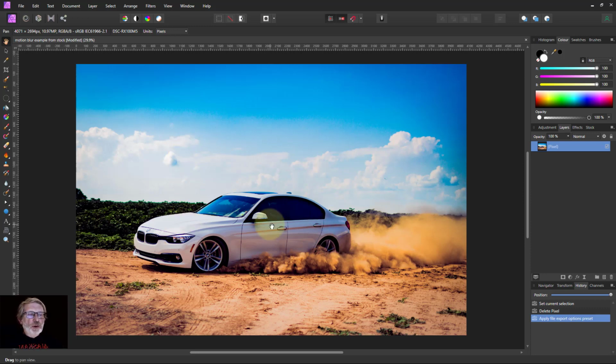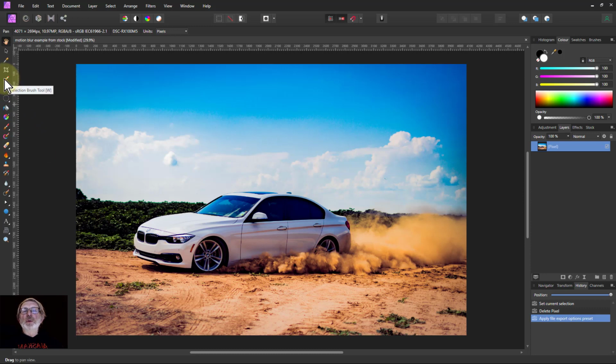When you take a photograph of a moving object like a car here, your exposure may use quite a high speed in order to freeze it, but the problem then is it doesn't look like it's moving. So clearly this is. So what you want to do is add a little bit of blur to it to show that movement. There are a few approaches you can take to this, and we'll start off with perhaps the